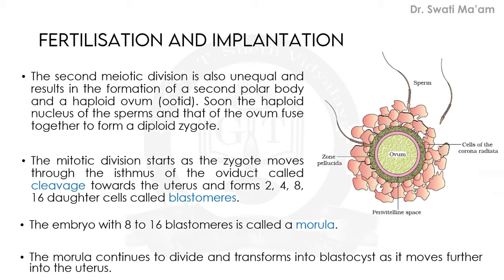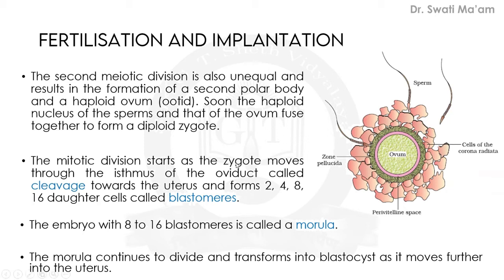So we all know that through mitosis one cell gives rise to two daughter nuclei, and the two daughter nuclei have the same number of chromosomes as present in the parent cell. So here the zygote has 2n number of chromosomes. So definitely the further cells which are formed will also have diploid chromosomes, or diploid condition.